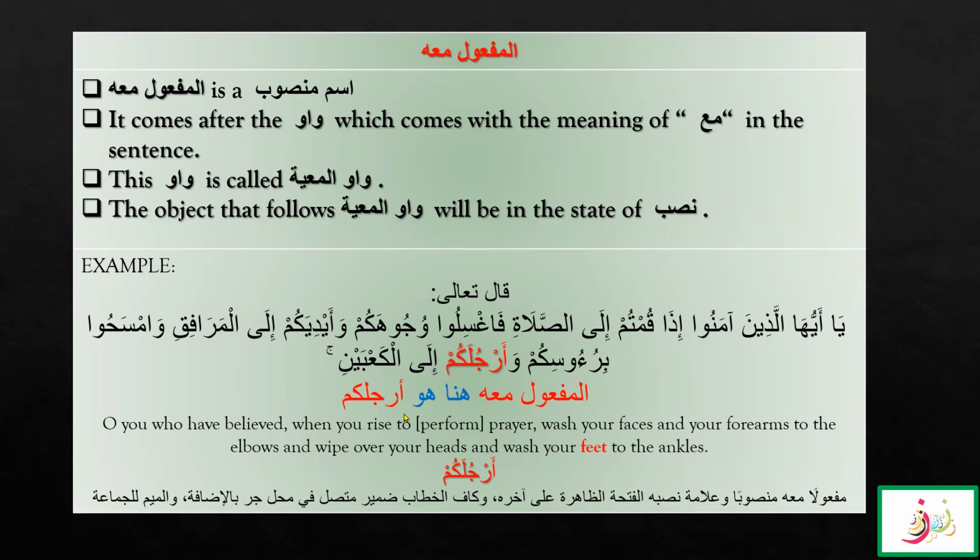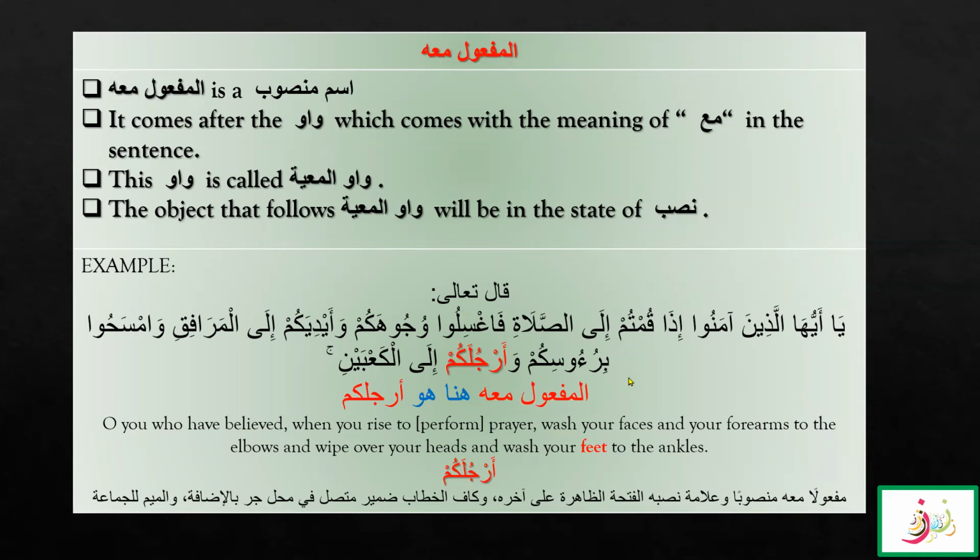So here, O you who believed, when you rise to perform the prayer, wash your faces, wash your forearms, and also with the feet, you should wash your feet to the ankles. Arjulakum is in the state of nasb as we mentioned. This is the maf'ul ma'ahu, and it is attached with waw ma'iyya to the words wujuhakum wa aydiyakum, because they both are in the state of nasb. You should wash what? Your faces, your forearms, and your feet to the ankles, because we know that this is not attached with ru'usikum,